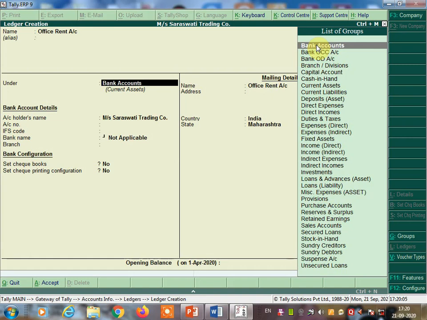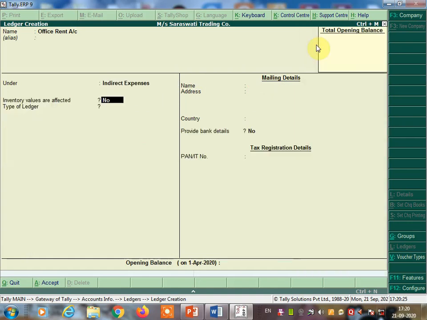Because you are not going to pay daily, this rent will be paid after the month, so this is called indirect expenses. So you are going to select the group indirect expenses from the list of groups, press enter key and accept this. So altogether we have created three.